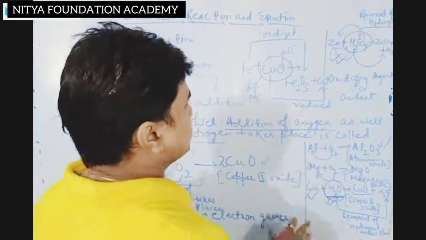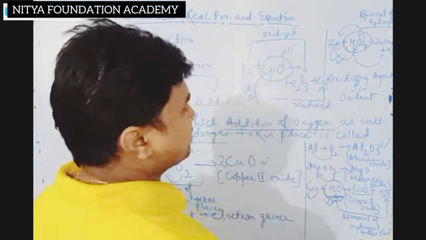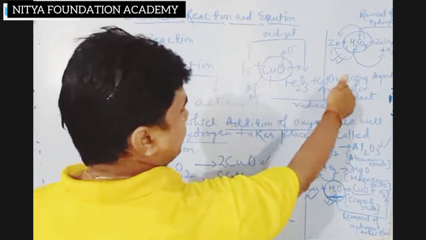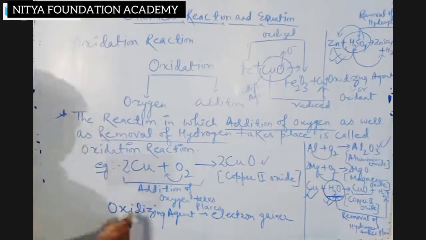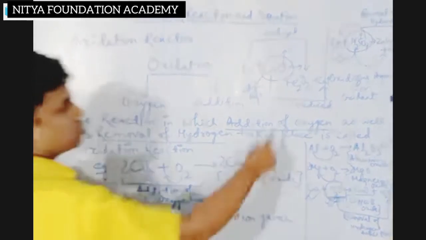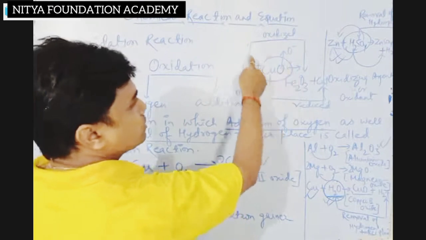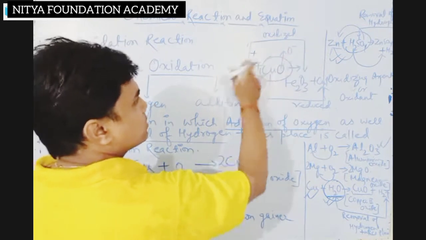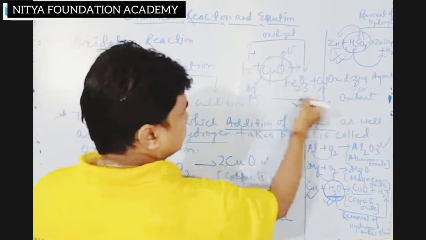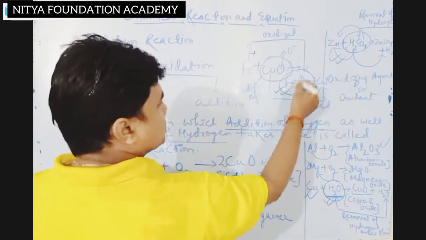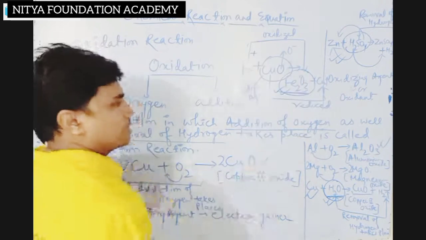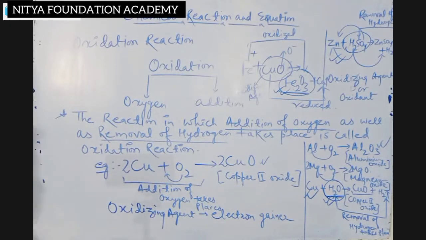ऑक्सीडाइजिंग एजेंट का सिर्फ यही काम होता है कि वो एक कंपाउंड के रूप में भी हो सकता है, एक एलिमेंट के रूप में भी हो सकता है, जो रिएक्शन के दौरान वो खुद क्या करेगा, ऑक्सीडाइज करेगा और दूसरे को रिड्यूस कर देगा अपने रिएक्शन से। ठीक है, वो ऑक्सीडाइजिंग एजेंट होता है। एंड ऑक्सीडाइजिंग एजेंट इज आल्सो इलेक्ट्रॉन गेनर, बिकॉज ऑक्सीजन का नेगेटिव चार्ज है, सो ये नेगेटिव चार्ज हमेशा पॉजिटिव चार्ज की तरफ गेन करेगा। आयरन का पॉजिटिव चार्ज आप जानते हो, और ये जो कॉपर है ये रिड्यूस हो जाएगा। सो बनेगा जो प्रोडक्ट दैट इज Fe2O3, और ये ऑक्सीडाइज ऑफ आयरन भी कहा जाता है।